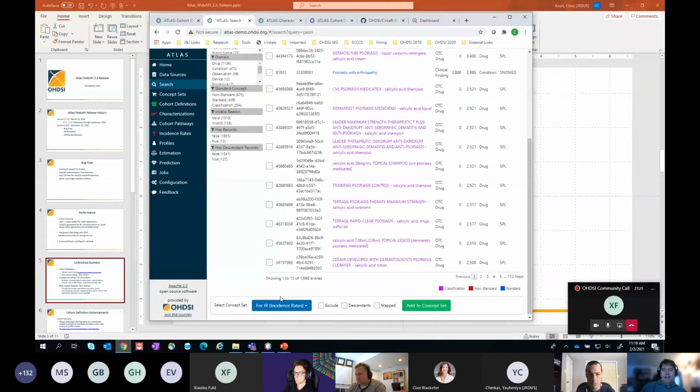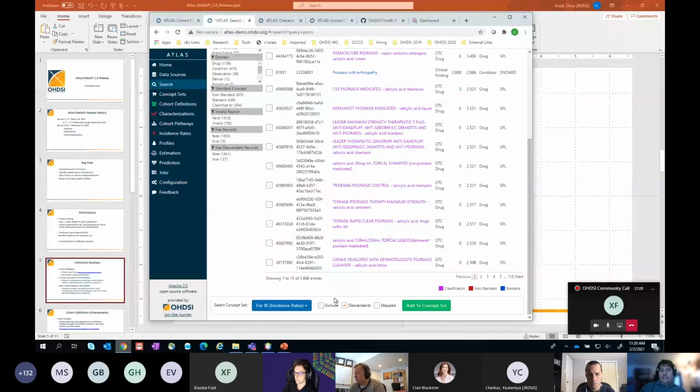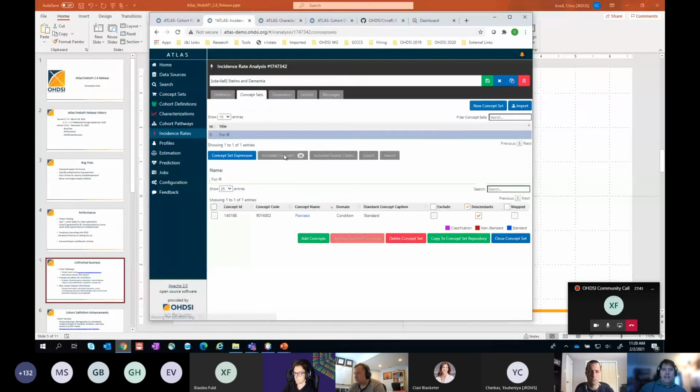And at that time, you choose how you want to add that concept to the concept set. So in this case, I would like to add psoriasis as an antecedent. And as you can see next to that, there's a drop down that shows you which concept set is open, because I added a concept set from my incidence rate. It's selected here, and then you click on add concept,